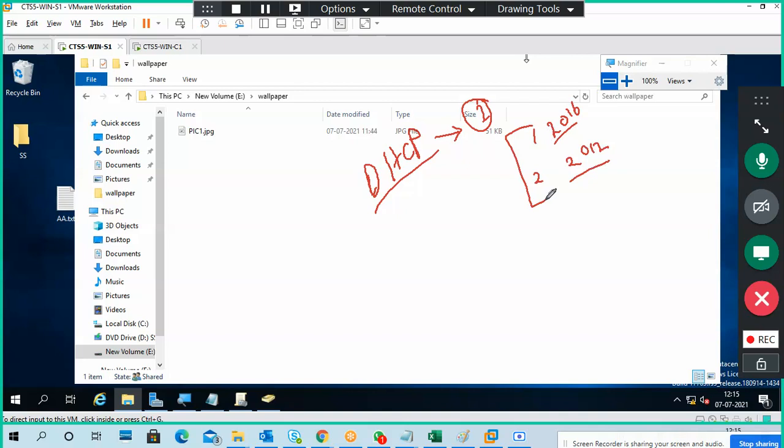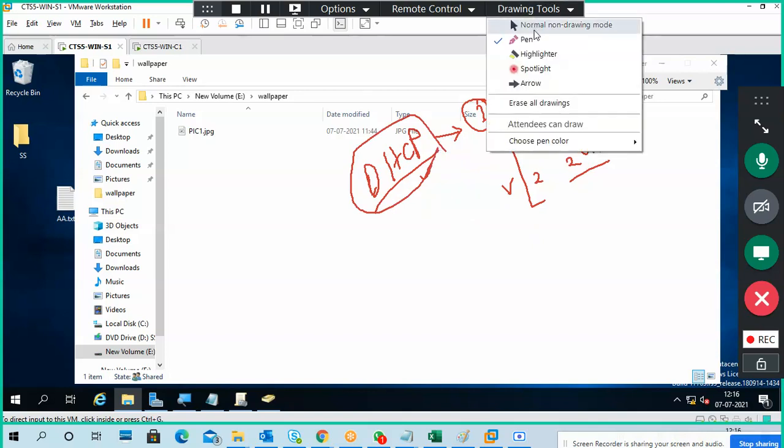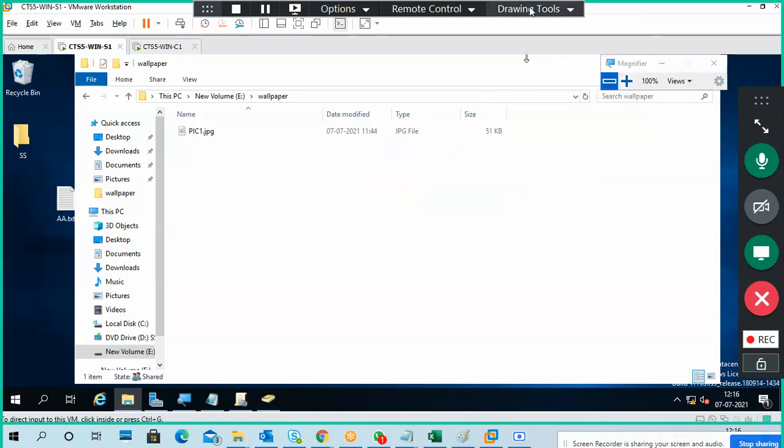But in both, DHCP is DHCP only. There is no difference between 2012 and 2016 DHCP services, because the new thing introduced in DHCP was already introduced here. We don't discuss that anyway. So in the afternoon we'll take DHCP, guaranteed. I want to tell one more point, so better to take 10 minutes. One more point I will tell in group policy: how to deny a policy. Wait 5 minutes.